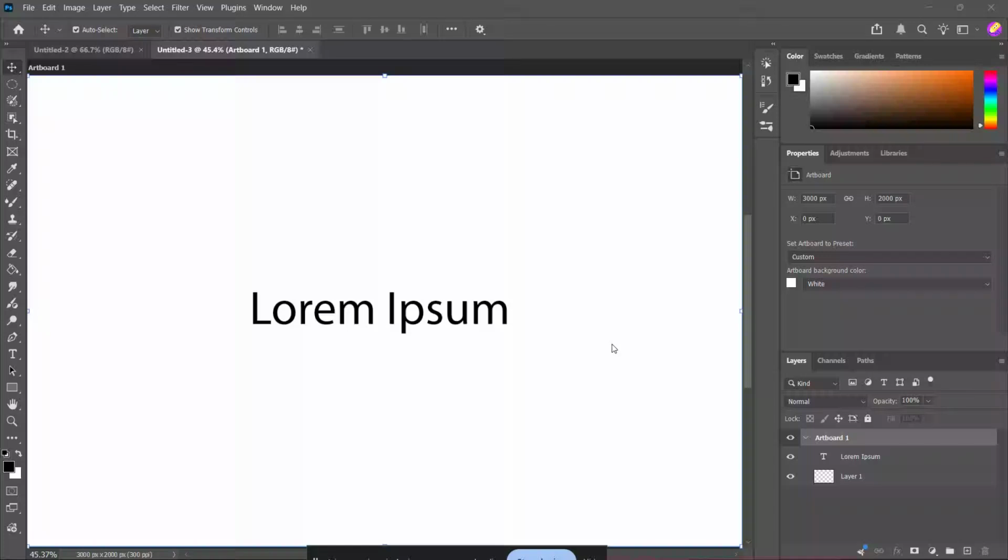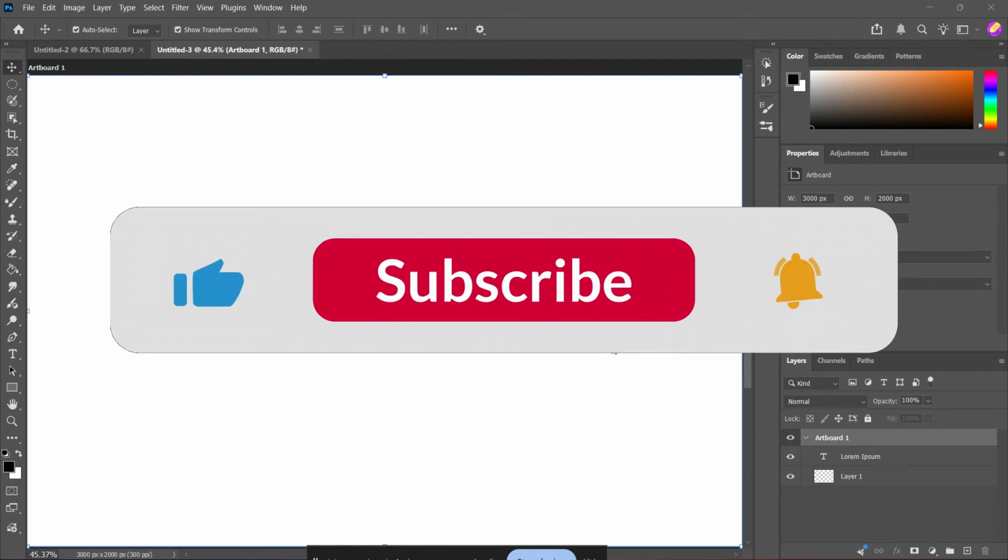If you want to curve text in Photoshop, whether that means bending it into a clean arc, shaping it into a wave, or creating a more stylized banner effect, you're in the right place. In this tutorial, I'm going to show you the fastest way to curve text using Photoshop's built-in Warp Text tool. This is a simple method, beginner-friendly, and perfect when you want great-looking text without spending a lot of time adjusting